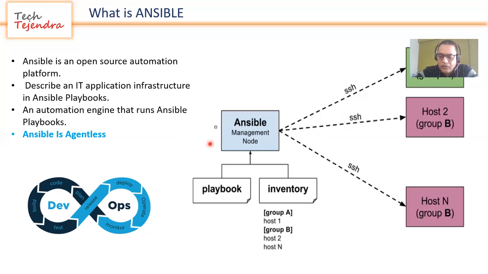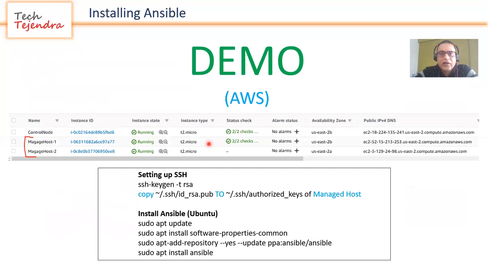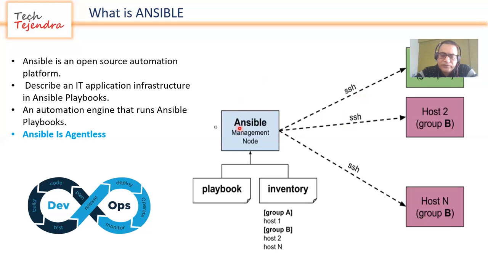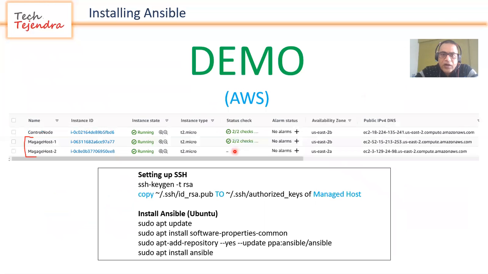Now let me move to the next slide. Now let me show you installing Ansible. How to install Ansible. In the previous video, I told you that Ansible basically is a machine. It can be your system administrator's PC also, or it can be a standalone machine, you can say a virtual machine in the cloud. So for your demonstration purpose and whatever examples we will do in the subsequent videos.